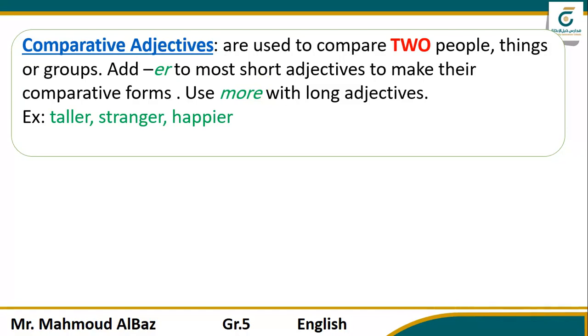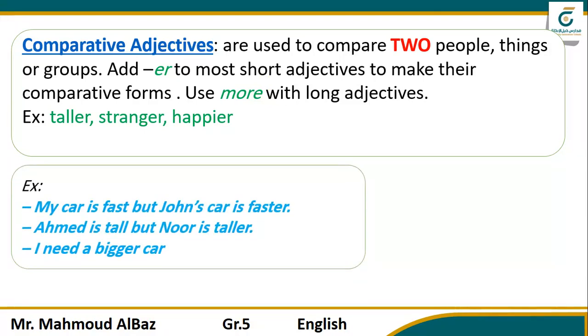Okay. Some examples here. My car is fast, but John's car is faster. What's the adjective? Faster. Ahmed is tall, but Noor is taller. You see, Ahmed and Noor, just two people. My car and John's car, two things. I need a bigger car. I already have one, so I need a bigger one. Compare between two things. Okay, guys. Next,